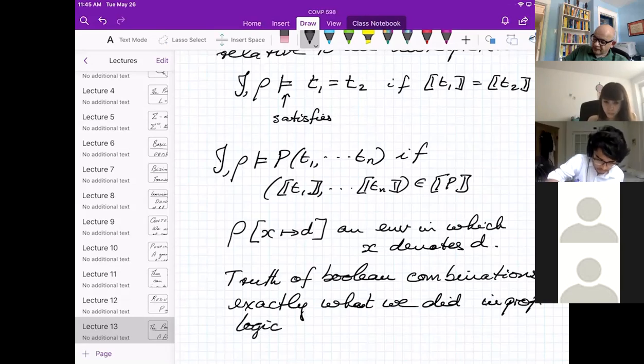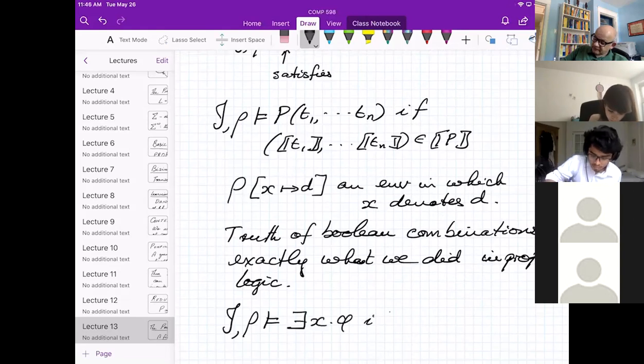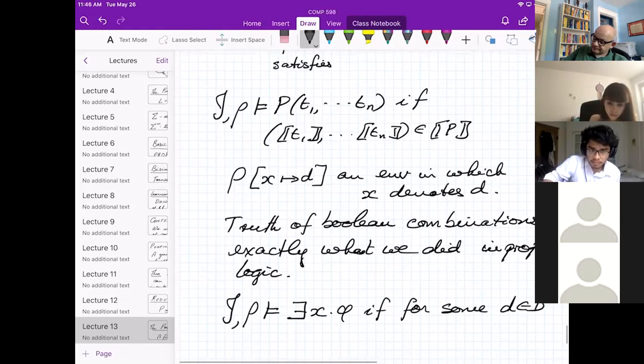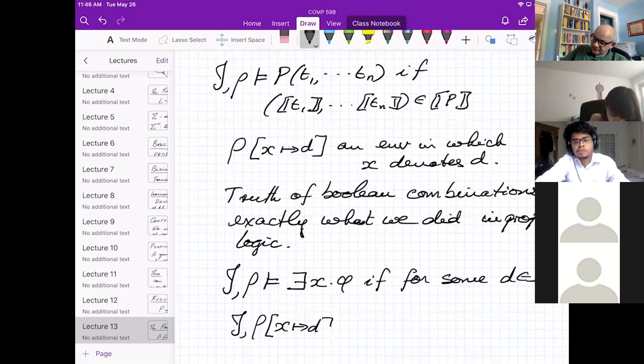So let me explain the quantifiers. So we'll say an interpretation and an environment satisfies an existentially quantified formula if for some D in D, the interpretation of rho, but now rho updated with X bound to this value D, satisfies phi.